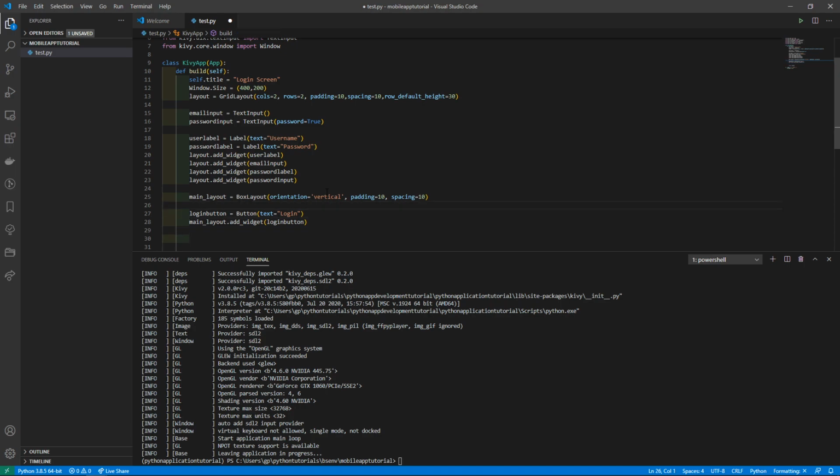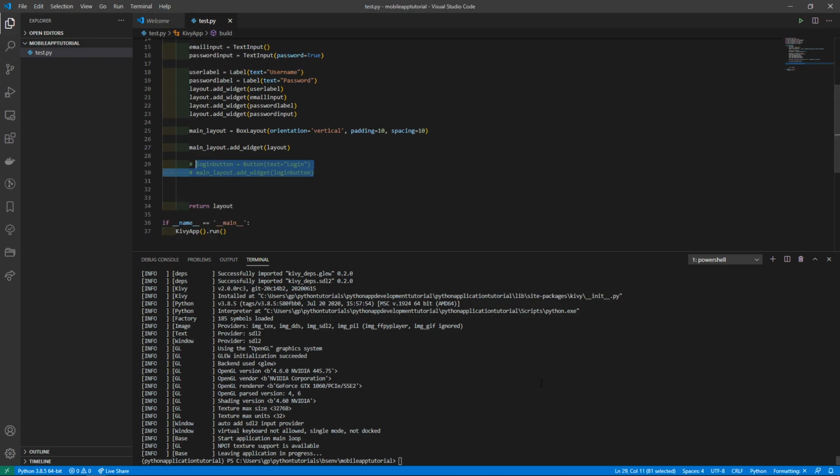So we want to do it before we do the button, so that it actually becomes the first item in the box layout, and then the second item becomes the login button. Let's do one at a time so that I can show you what that looks like. I'm going to do main layout dot add widget, and we'll add our layout. For now I'm going to comment out these two over here so that we have it without the login button. We need to actually return the main layout now, because that's what we're displaying,